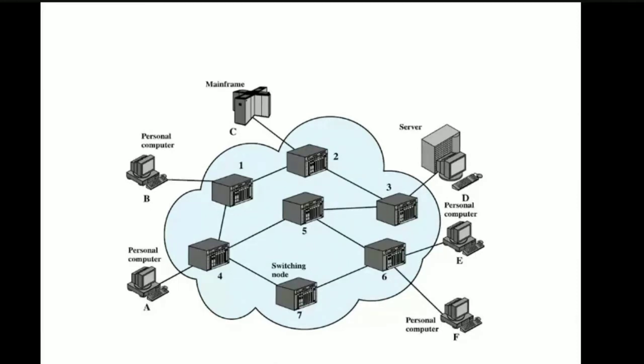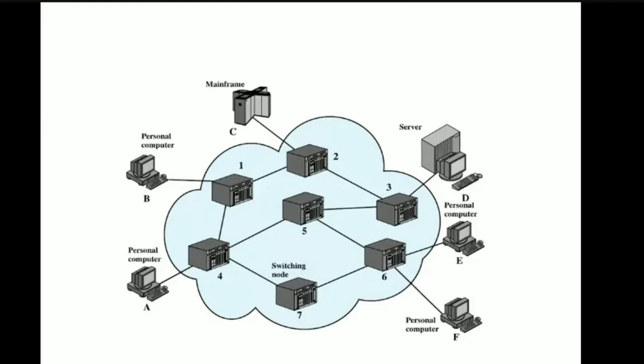The next thing is the node to station link. The node to station link means, let us say here node 4 is connected to the personal computer A, so that is a node to station link. So the node to station links are generally dedicated point to point links. Okay, and node to node links are generally multiplexed links. That is, they either use FDM, frequency division multiplexing, or they may use time division multiplexing also.